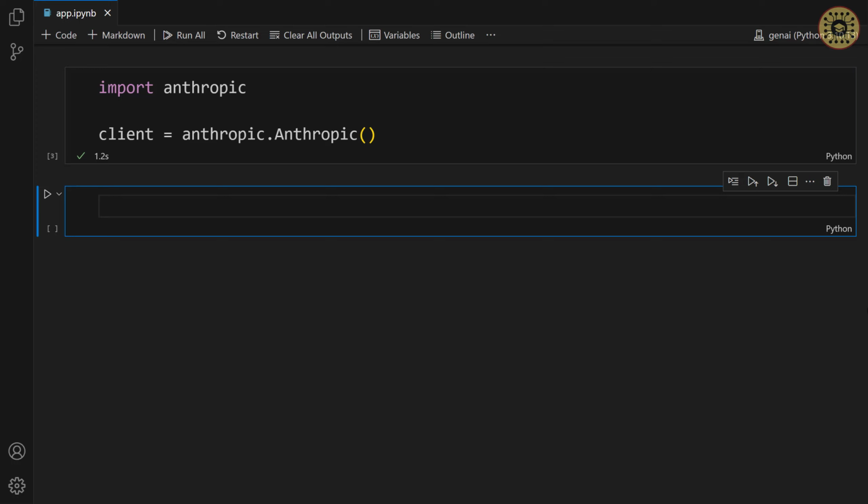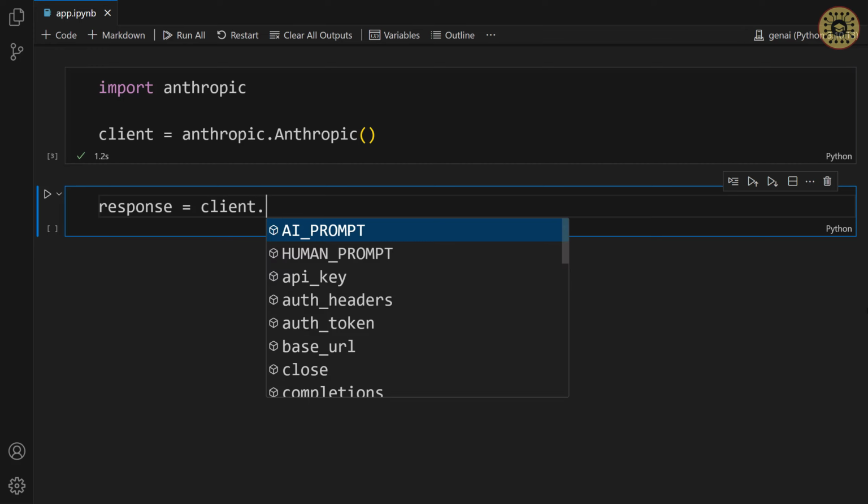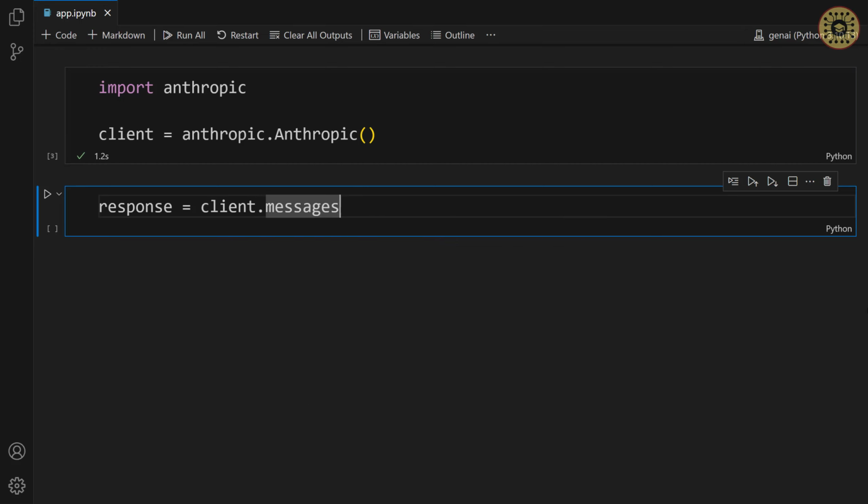To utilize this client, let's initialize the model. response equals client.messages.create.